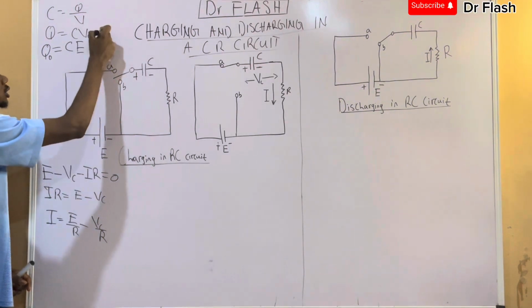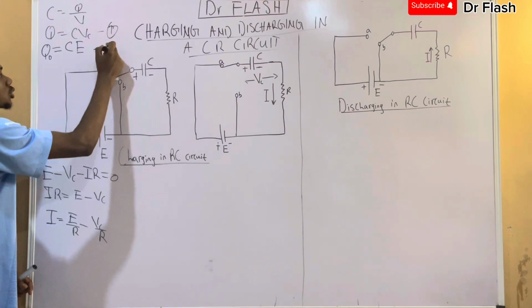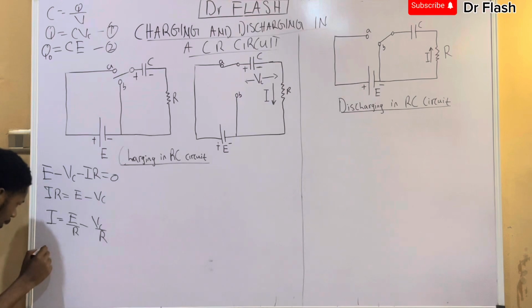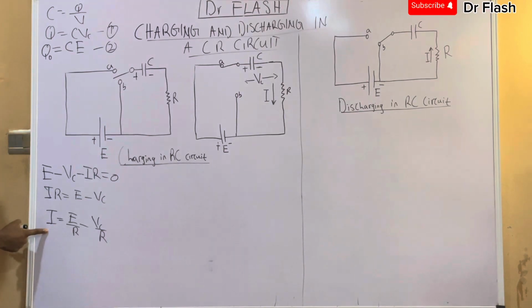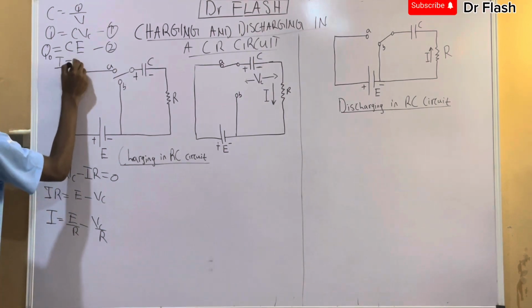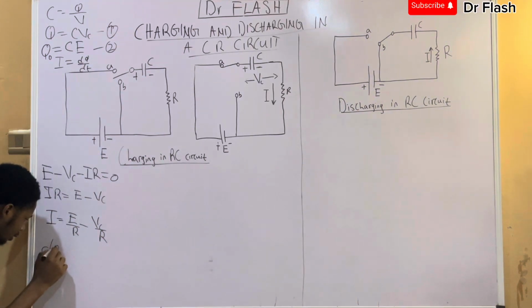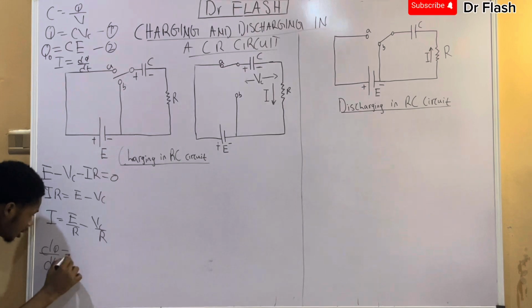If I choose to substitute these two equations into what we are having here, we are going to have, and also I is dQ over dt. That's something you should take note of. So note, I is dQ over dt. Okay, so I'm going to come here and write dQ over dt is equal to,